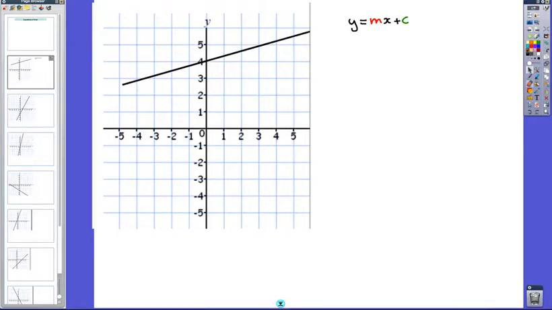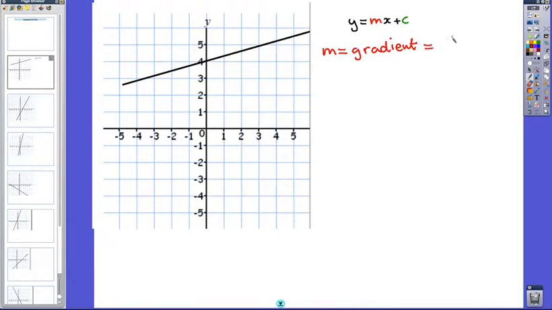Okay, equation of a line. I'm going to do a few examples here, and we're going to look at a graph and a linear line that goes through the graph. I'm going to try and work out its equation. Now the equation of a line is in the form of y is equal to mx plus c, where the m is the gradient, which you're going to work out, gradient of the line,